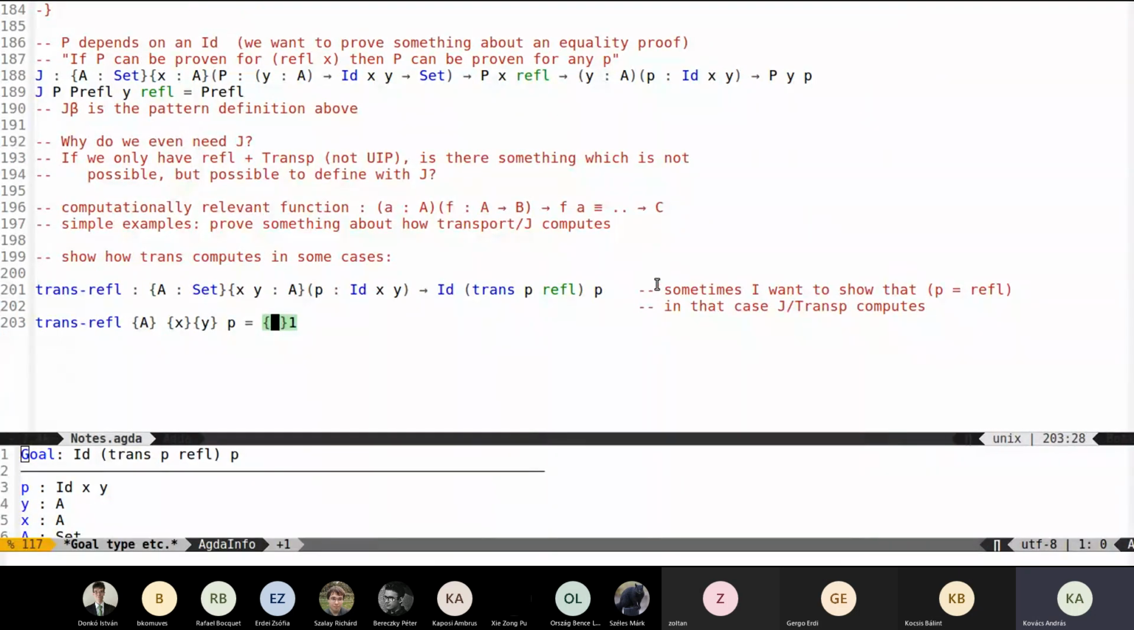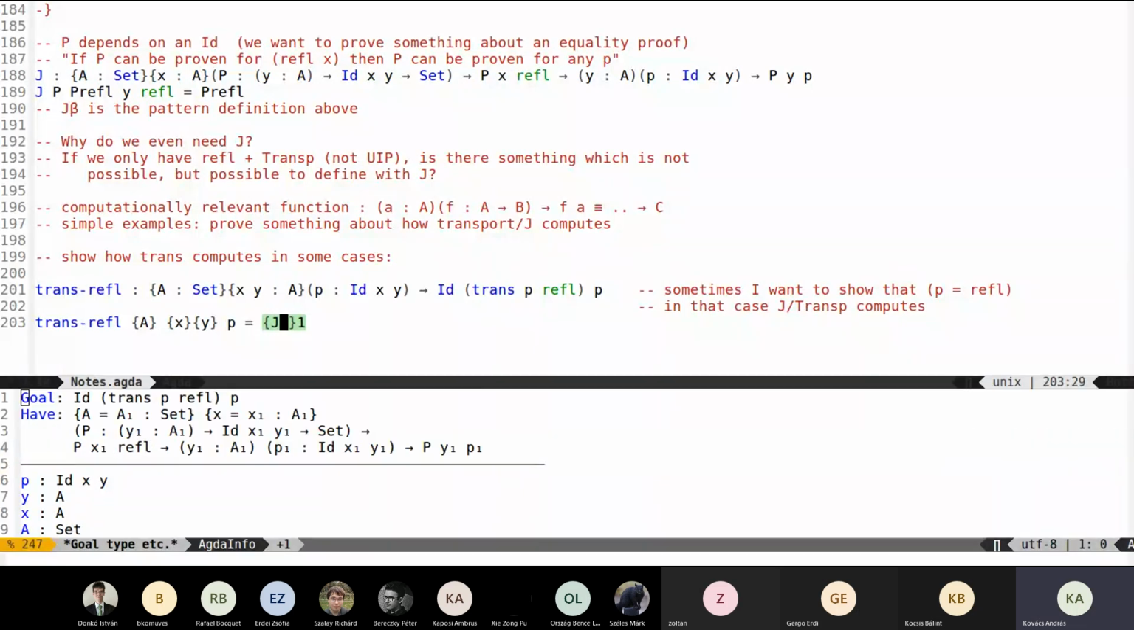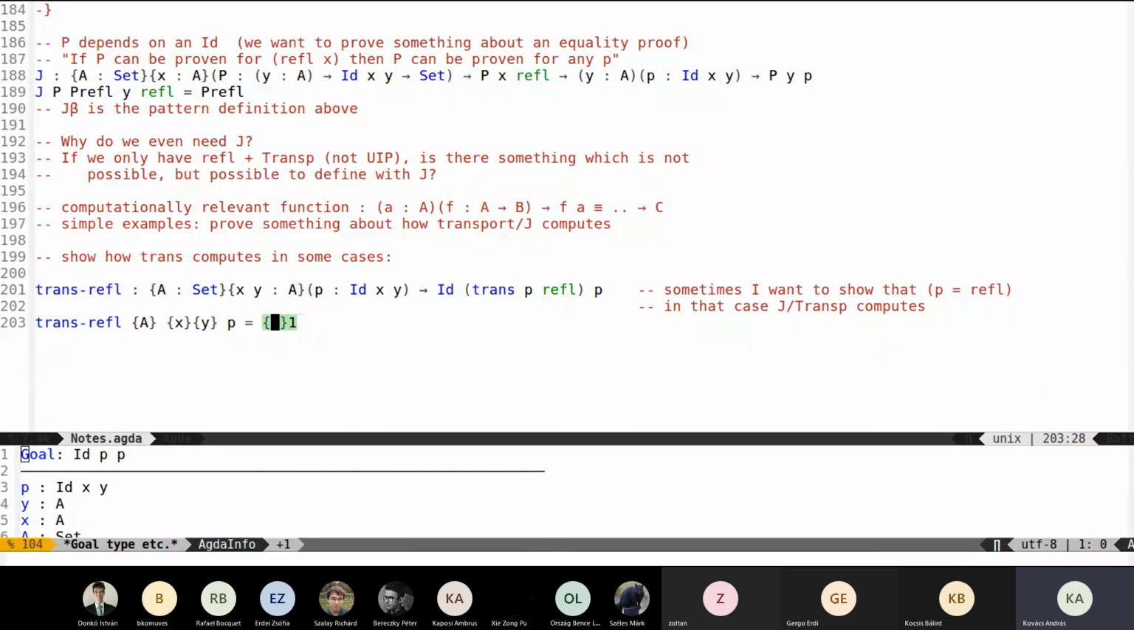Okay, and this reasoning is in intensional type theory. So now we are only assuming J and refl, and the computation rule for J. If I want to prove this by J, then what I can do is that J makes it possible to, in the goal type, replace Y with X, but also replace P with refl. So basically, J allows me to rewrite P to refl in the goal. So now the goal